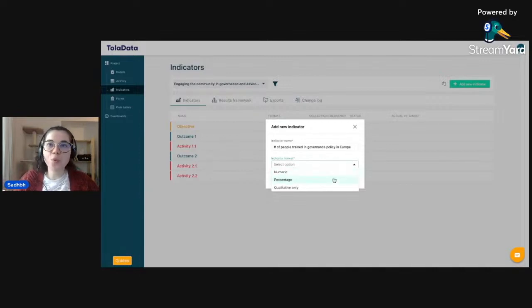Percentage is when you want a proportion, a ratio, a rate, those kinds of things. That's when you want it to be a percentage format. And then qualitative is when you want to maybe link some report that you have, maybe link some pictures. So this gives you the qualitative information surrounding the work that you're doing. So in this instance, since I'm counting the number of people trained, I'm going to head up to numeric and